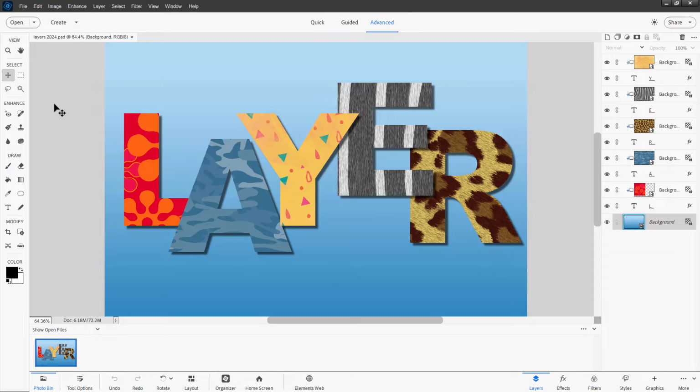layers. Now, layers are the most important thing here inside of Elements. Every project I do involves using layers. Now, if you want more information and more in-depth information on layers, you of course can watch more of my